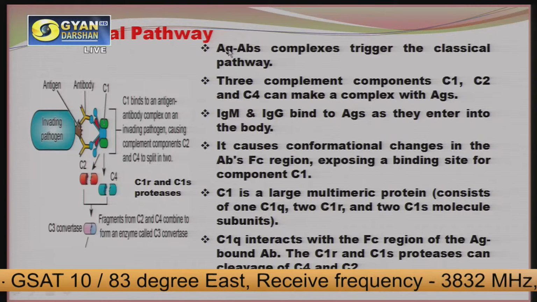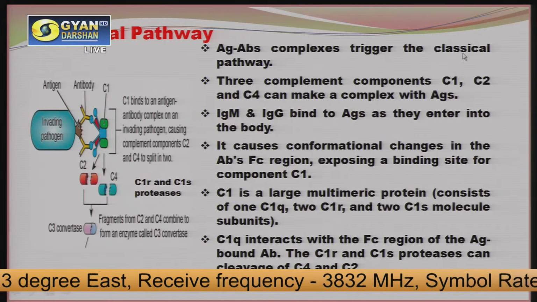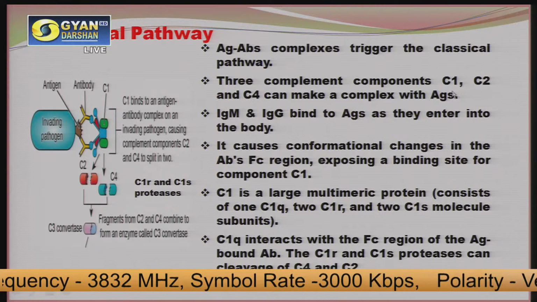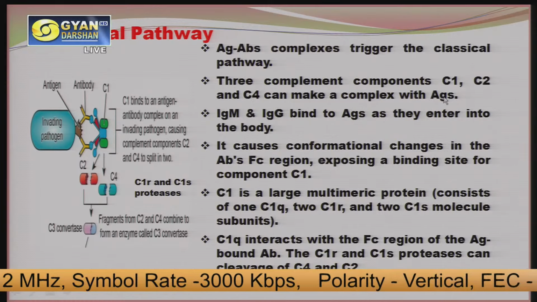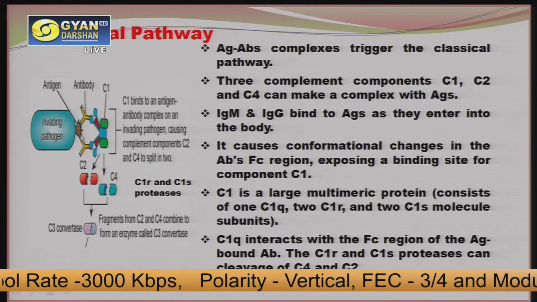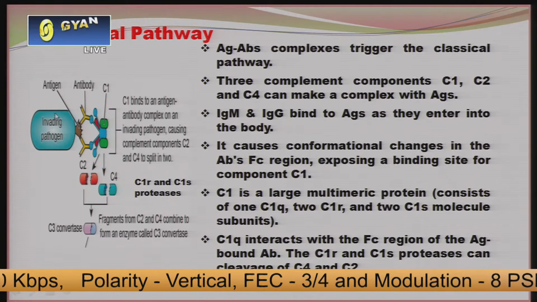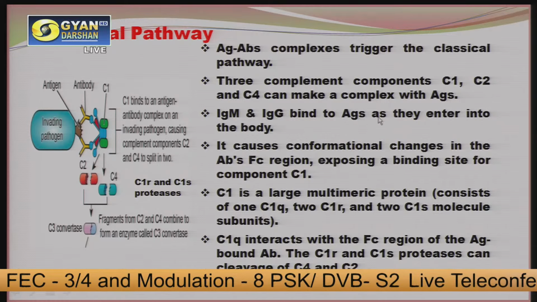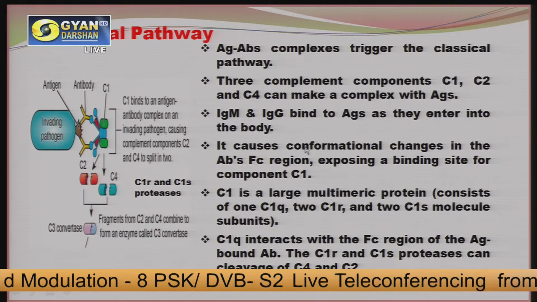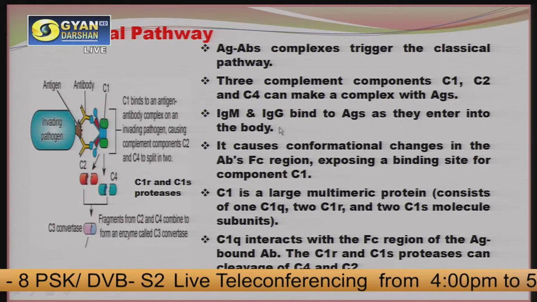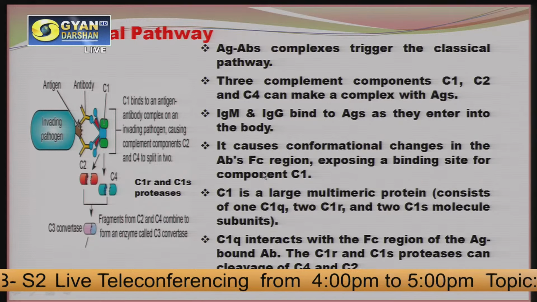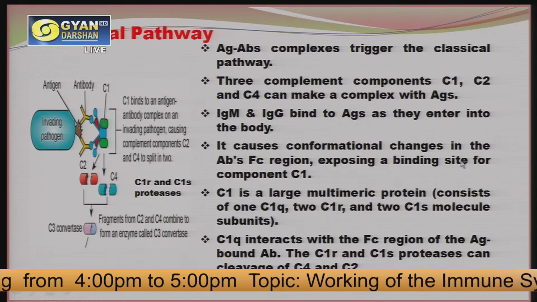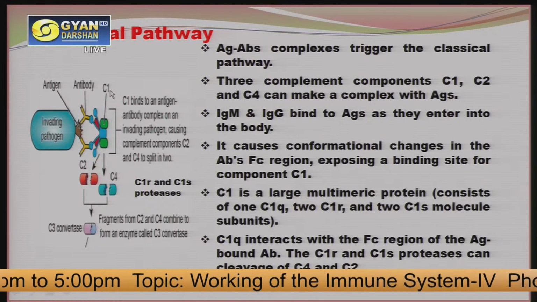Here is the classical pathway. Antigen-antibody complex triggers the classical pathway, and three components, C1, C2 and C4, can make complexes with the antigens. Here are the antigens. They can make complexes, and IgM and IgG bind to the antigens as they enter the body. It causes a conformational change in the antibody's Fc region, exposing the binding site for the C1 component